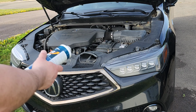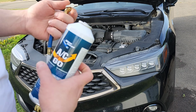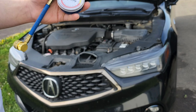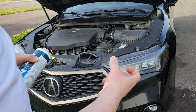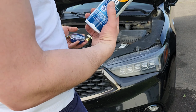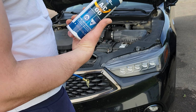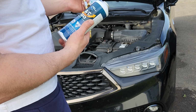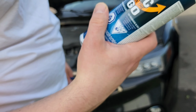So first thing you're going to do is find the low side. You can get these. Make sure you get one with a gauge. The ones with the spray nozzle work the best. But I already had this, so I just bought this can. It was, I think, like $8 Canadian, so it's pretty cheap. And you're going to want the R134A refrigerant. I'm not sure if you can see that, but